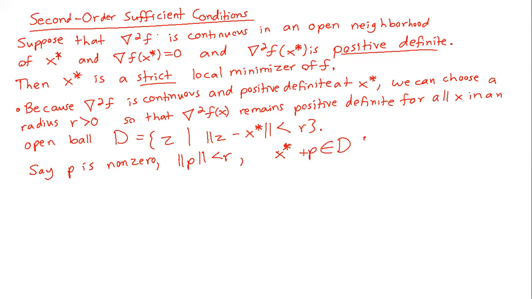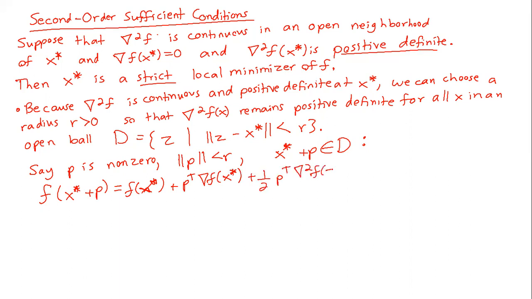And then what you get is, again using Taylor's theorem that we wrote above, f of x star plus p is equal to f of x star plus p transpose del f of x star plus 1/2 p transpose del squared f of z p